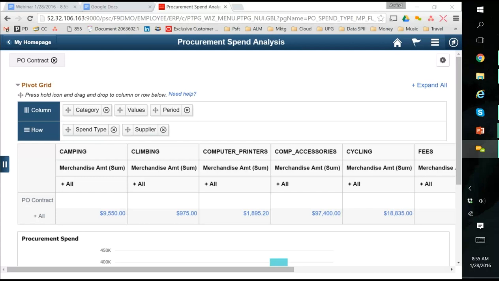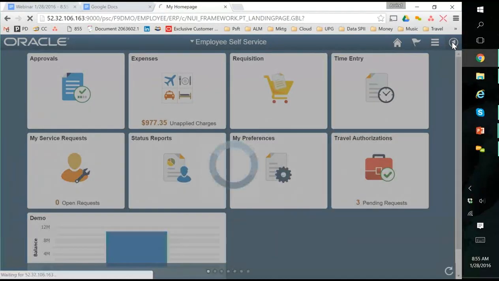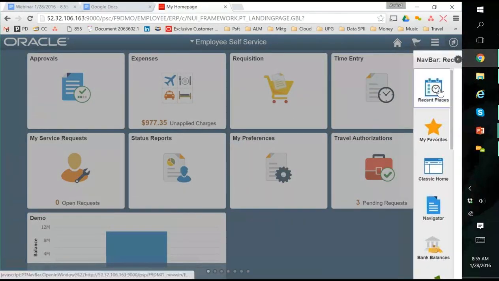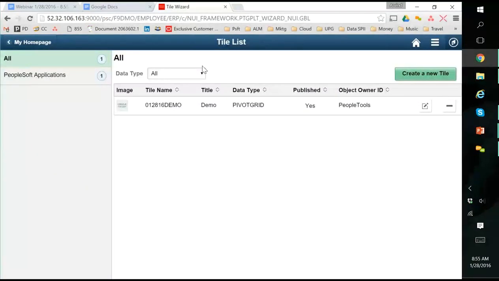Okay, so thank you for those questions. If you have more questions, feel free to keep bringing them up. But let me go back to the home page here. So you saw quickly how you could add a tile. Let me just show you what the tile wizard looks like, and I should be able to go to recent places and find that. So the tile wizard gives you the ability to create